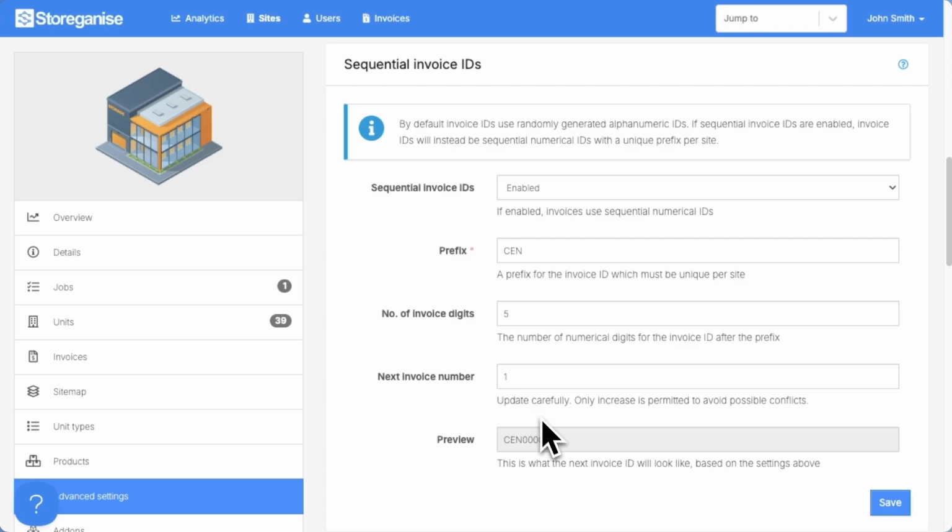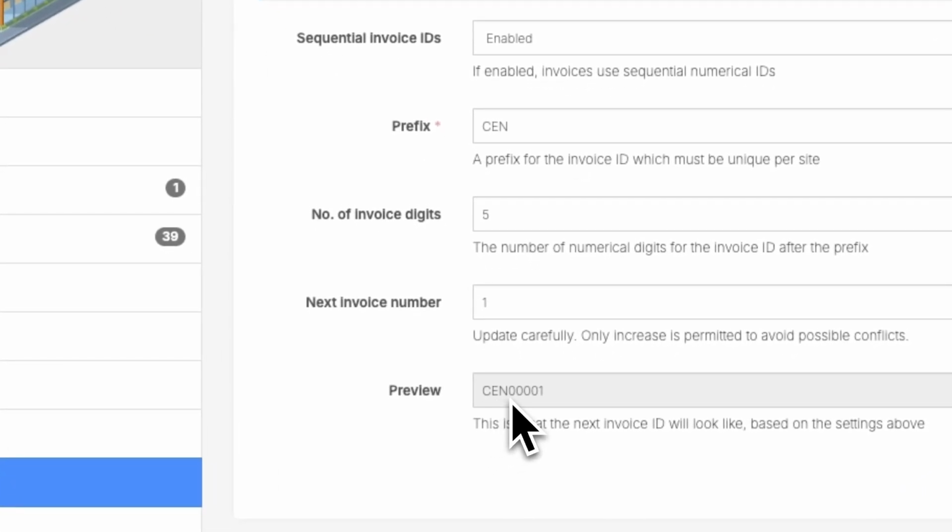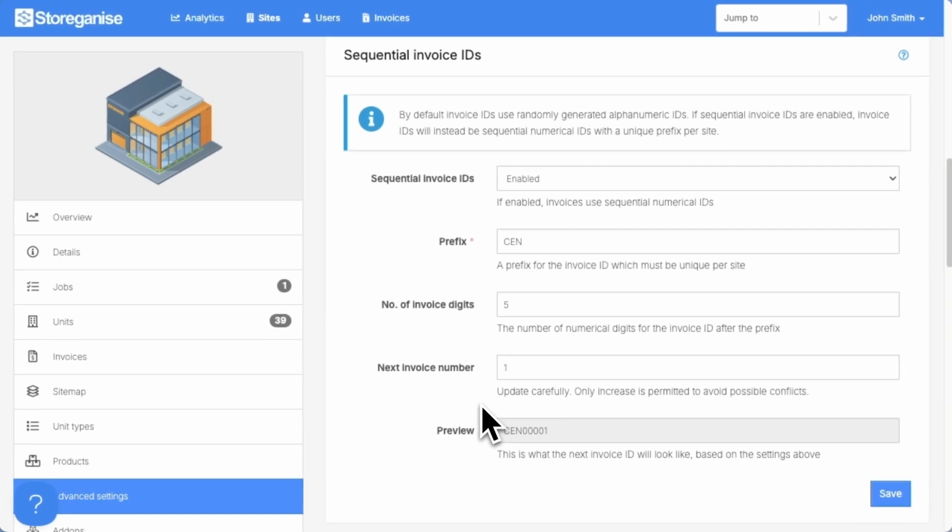Finally, you'll see a preview of what the next invoice ID will look like based on the prefix, the number of digits, and the next invoice number. In our case, the next invoice ID will be CEN00001. As an example, if we change the next invoice number to 13, the preview updates to show that the